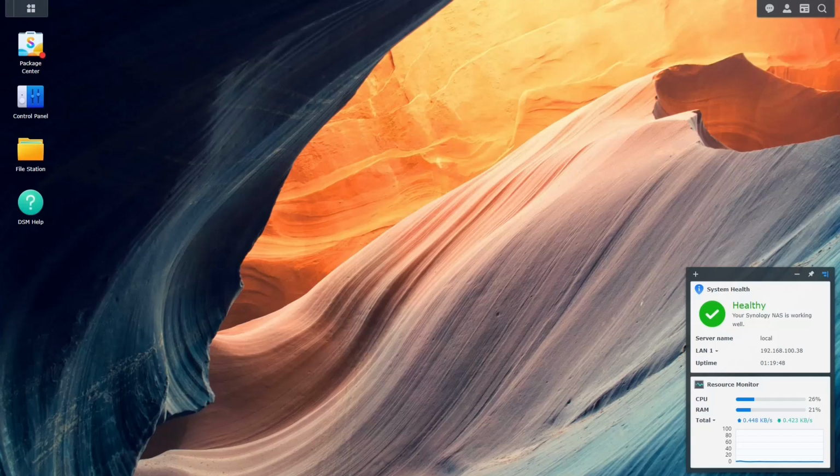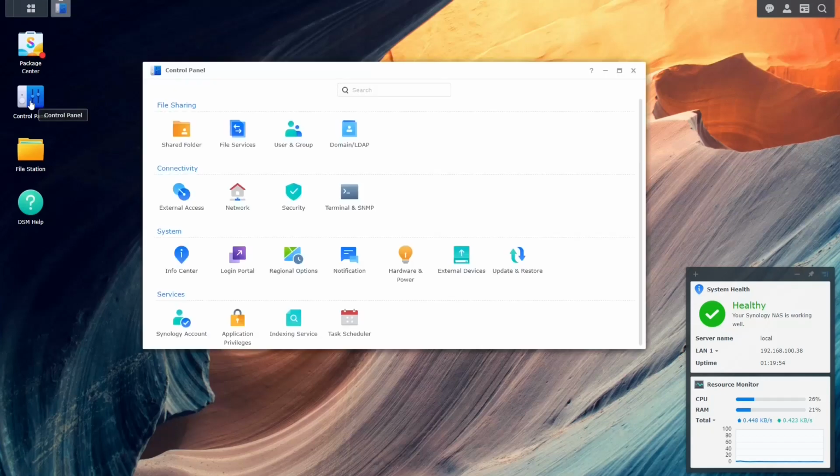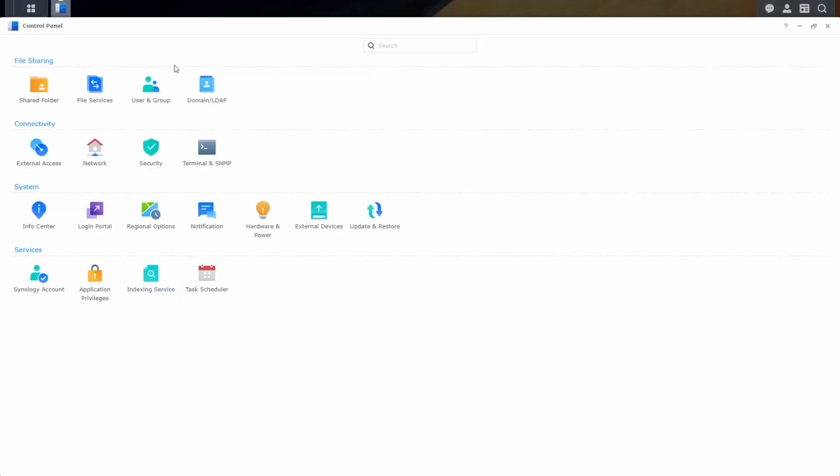The control panel can be launched from either the DSM desktop or from the menu. We'll launch it from the desktop. Shared folders is the utility that allows you to create folders that will be accessible by others. You aren't required to use this tool to create subfolders, just the root or base of a folder structure. We'll be using this feature quite a bit throughout this course, and it will become clear how it is used